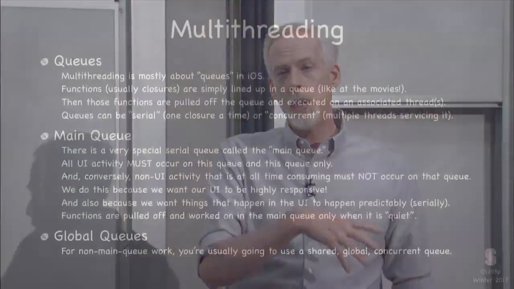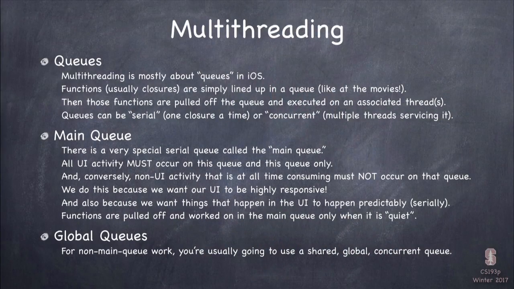So that's the main queue. That's the most important queue. And then there are these other queues. Now, I'm going to talk first about the global queues. The global queues are a different kind of queue. People wait in line to go onto those, and at the other end of the line, the system has multiple threads ready to go. And it can pull a closure off the line, give it a thread, it starts running, pulls another one off, and it starts running before the first one's even done.